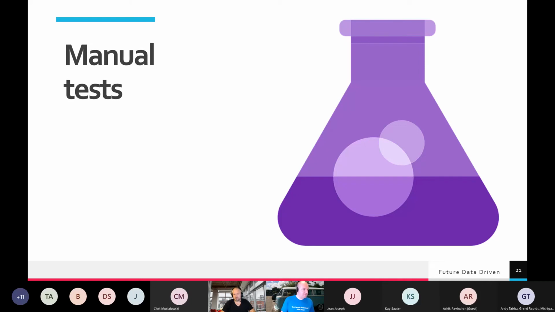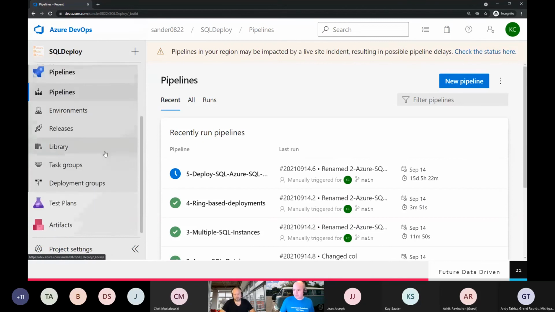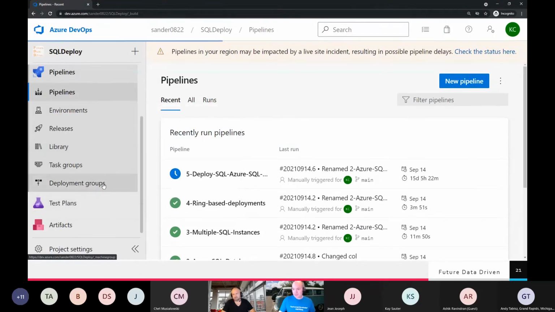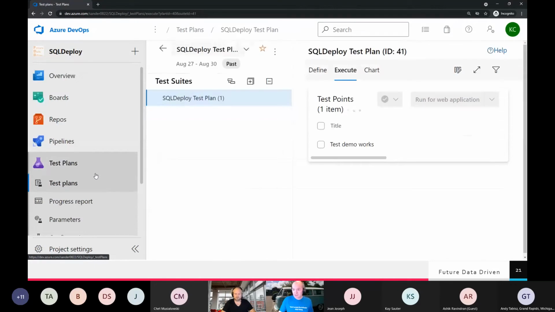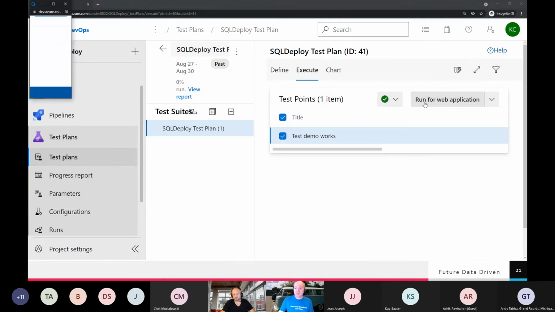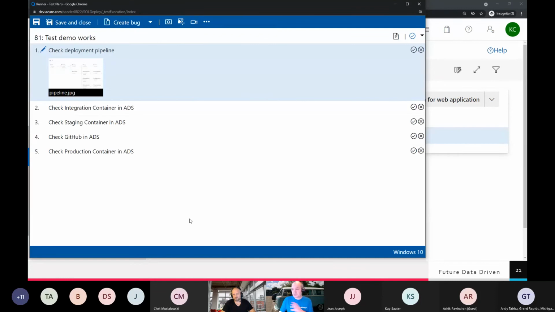Well, I will very, very quickly show you now. So if we go back into Azure DevOps, here's Azure Test Plans. It comes with various features that you can use. Test Plans is the main one you'll work with, and the rest of the features support it. Here is an example of a test plan. So, and I've got a test case inside here. And if I click run for web application, these are easy to create and define, by the way,